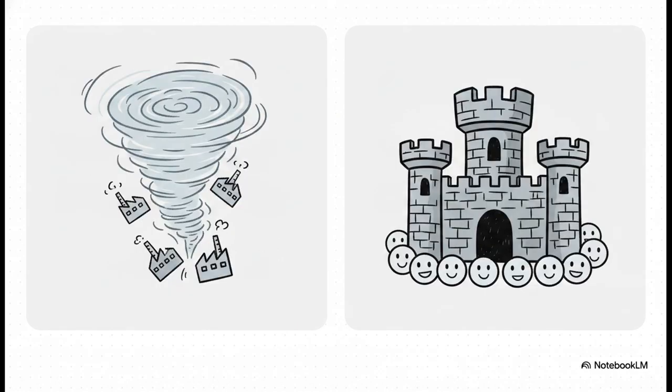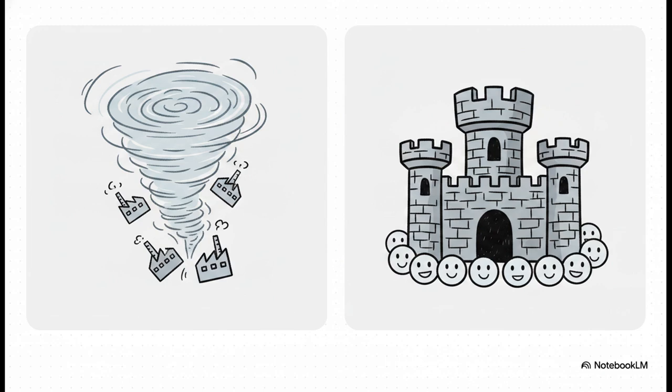massive trap is confusing shakeout with maturity. Shakeout is violent. It's a turbulent transition period marked by excess capacity, shrinking margins, cutthroat price competition, and weaker firms waving the white flag and exiting. It's all about consolidation. Maturity is what happens after the shakeout. The market is totally saturated, demand is stable, barriers to entry are like fortress walls, and your focus is purely on operational excellence and retaining the folks you already have.